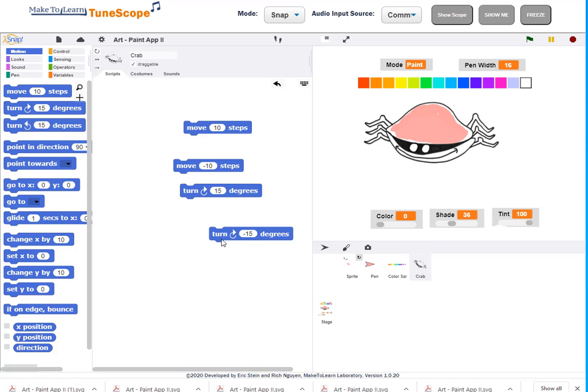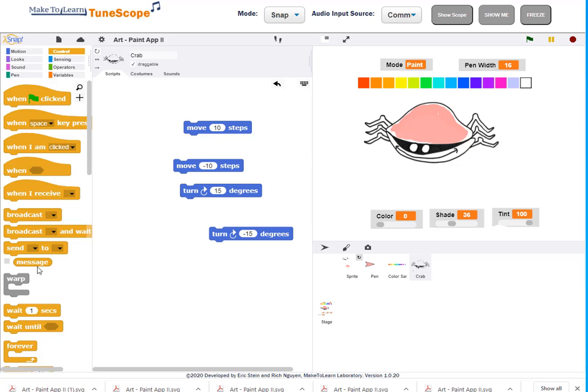it'll rock backwards. And if I put the two together with a slight delay in between them, I'm going to wait about a 20th of a second, that's about 0.05 seconds. Then I'll duplicate that, and now I have a little bit of a rocking motion that this will give me,